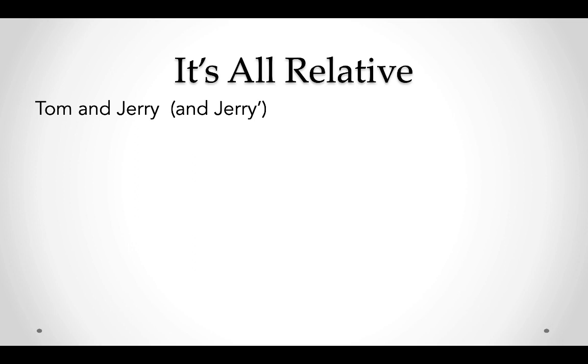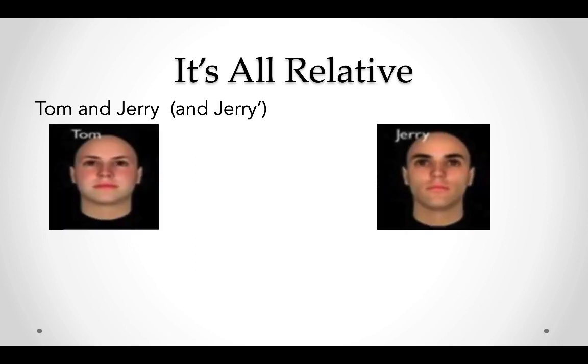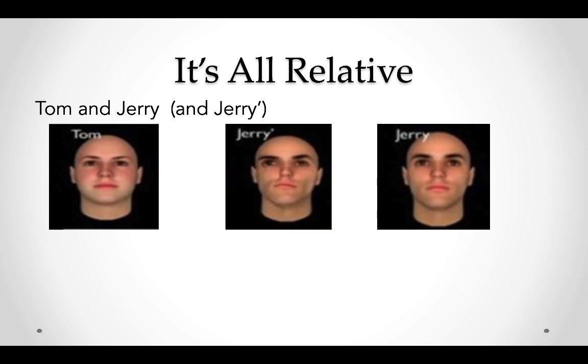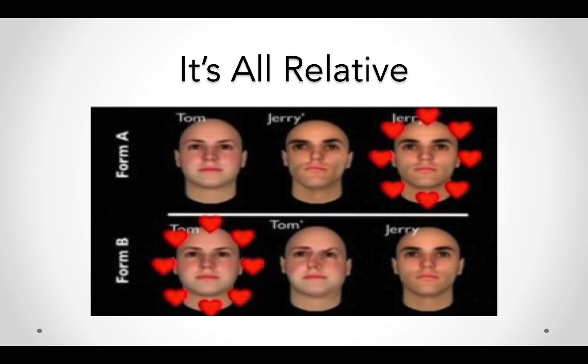Very similar situation. Then Ariely introduced Jerry Prime. Now we have Tom and Jerry. Again, we don't know who to go with. And Jerry Prime is a little bit Jerry, but a little bit off. In this case, most people chose Jerry. Okay, so this is how the experiment went. So obviously, this decoy effect helps us a lot in our daily life. Now, if you think about it, if you want to go out dating, then who would you take with you as your wingman, right? A slightly off version of you, right? At the same time, if someone asks you to go with them to be the wingman, think twice.